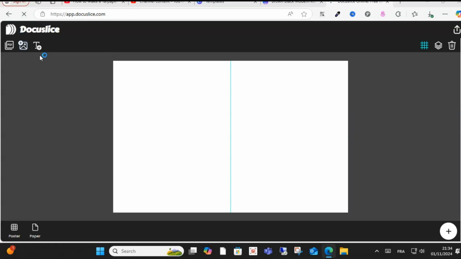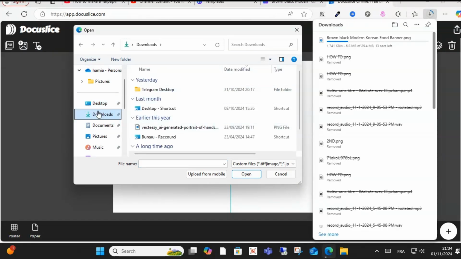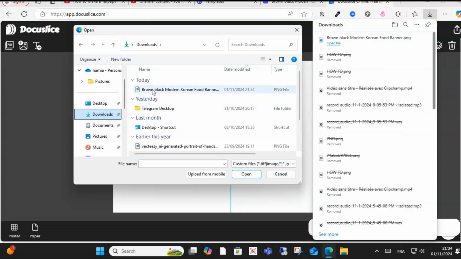You can upload an image. For example, this image I will choose. Wait for this image to load here, guys. As you can see here, this food banner, I want to type on all of this image. After that, guys, what you have to do is just click this image